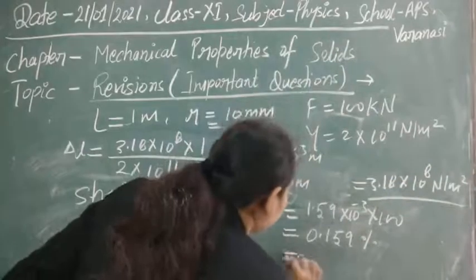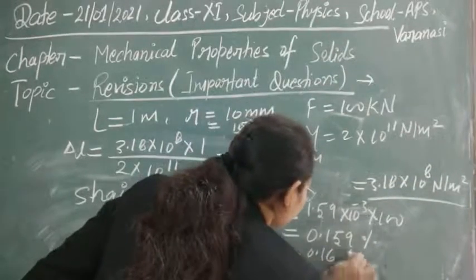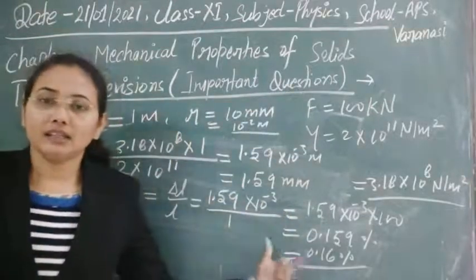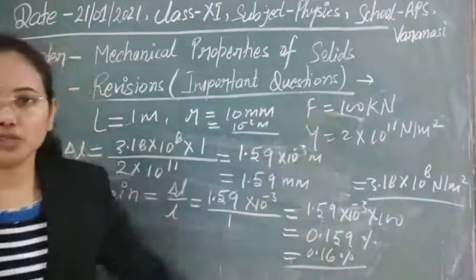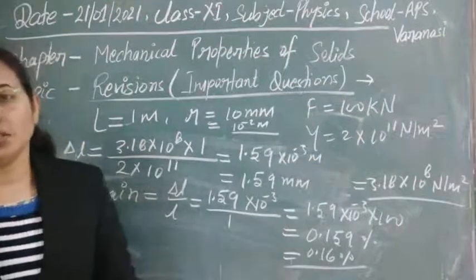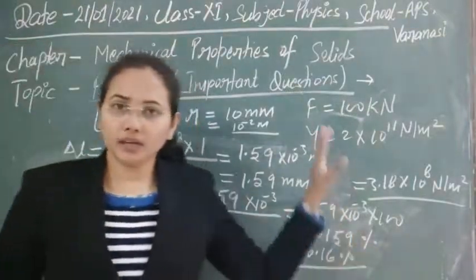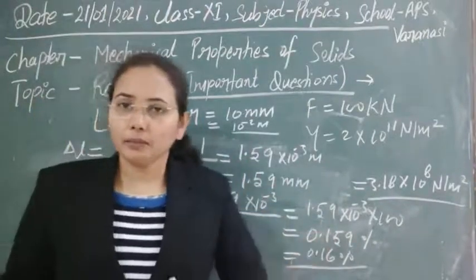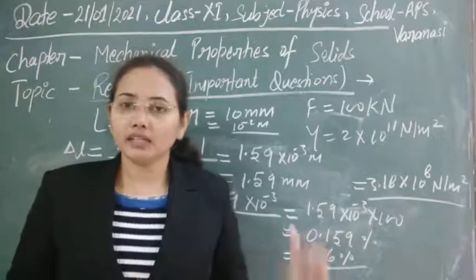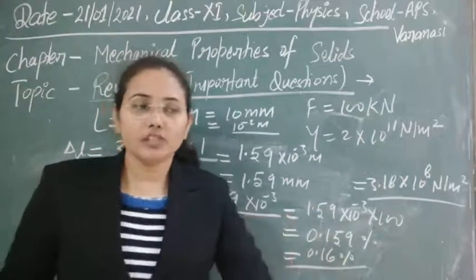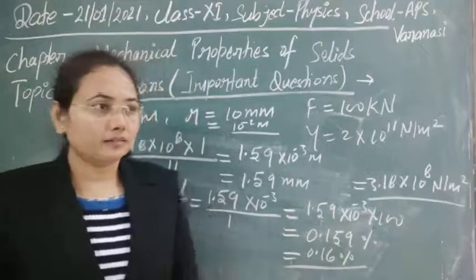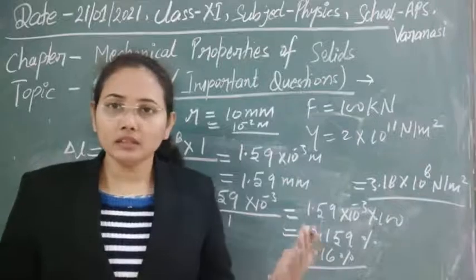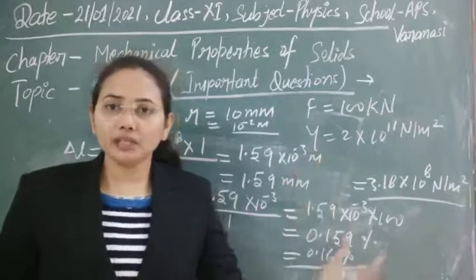Or simply we can write it is nearly 0.16%. So only 0.16% strain is produced on the application of this force. This is a very small strain. In this way, the calculation we have done helps us to understand the properties of different kinds of material, and with its help we can understand which material can bear a lot of force, so that we can use it to construct buildings, to construct bridges, and